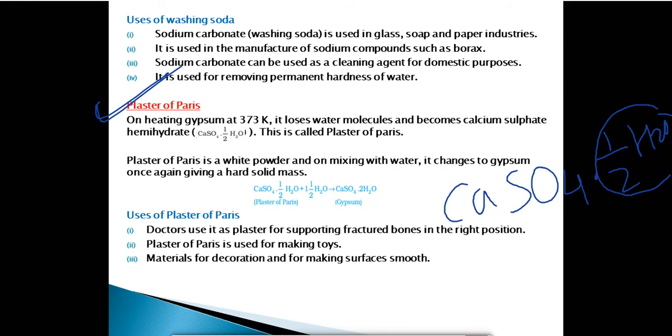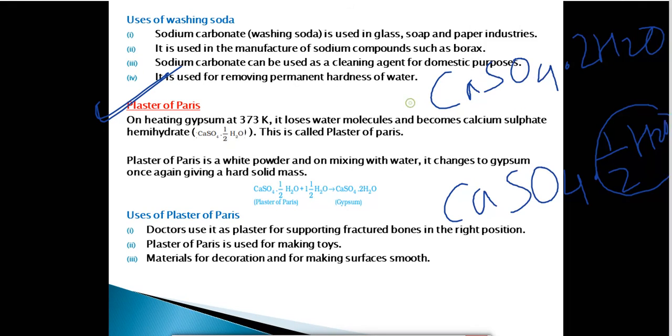So how do we get this plaster of Paris? When we heat gypsum. What is gypsum? CaSO4.2H2O. This is called gypsum. This is the formula of gypsum, calcium sulfate dihydrate. So when you heat gypsum at 373 Kelvin, at this temperature only we have to heat gypsum, what happens? This gypsum will lose water molecules and become calcium sulfate hemihydrate. One and a half molecules of water are lost, and we get calcium sulfate